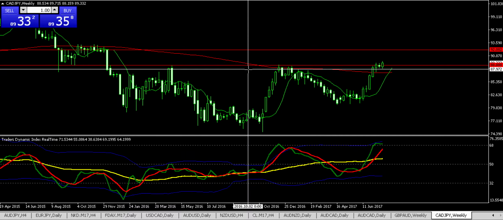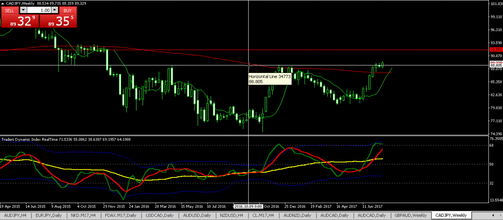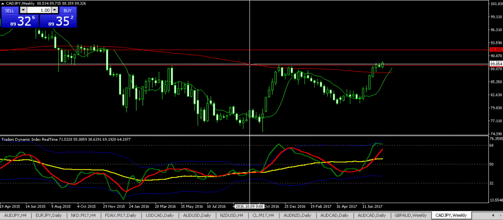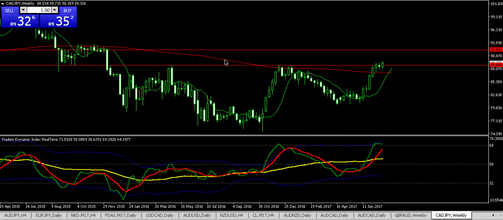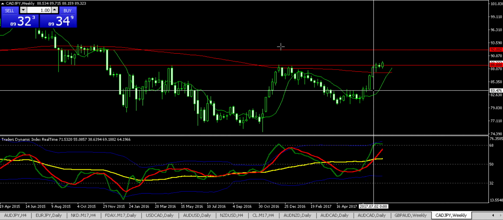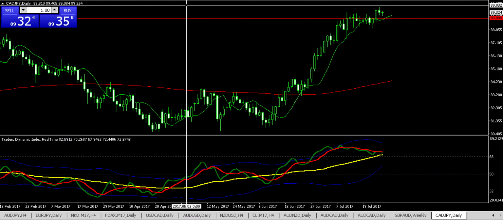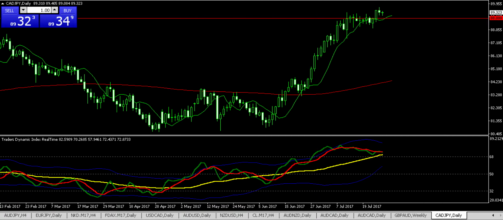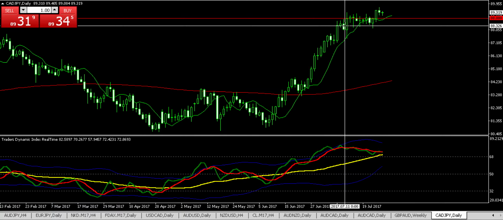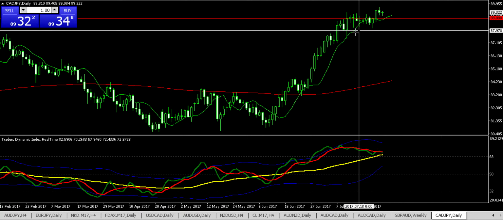Entered here at about 88.80 roughly. Stops just running below this moving average here, which is the 200 moving average. And the reason for taking this trade was a bullish Bank of Canada. The Bank of Canada hiked, I think it was last week or week before, and it was a bullish hike that surprised the markets. And so I saw that as an opportunity to buy Canadian dollar, and I bought it